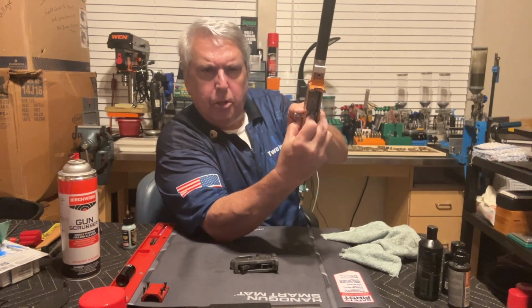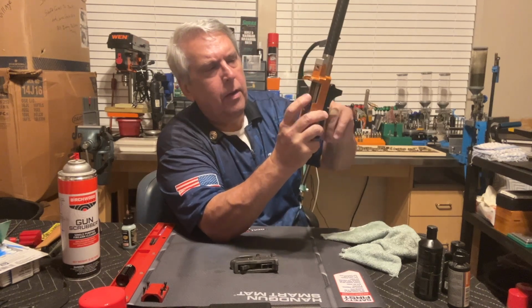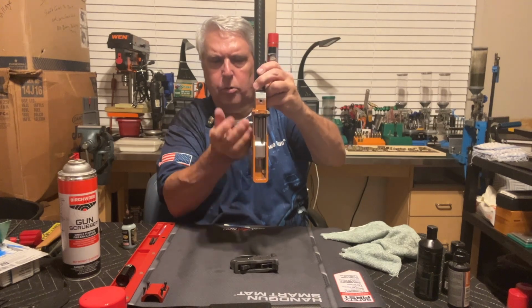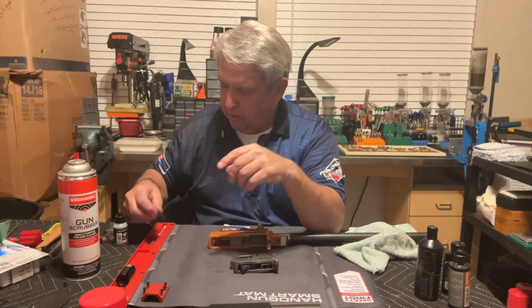And I'm basically just pull it all the way back and lock the bolt into that notch that we talked about. And once you do that, that bolt is ready to go. Perfecto. All right, so you saw earlier that my buffer